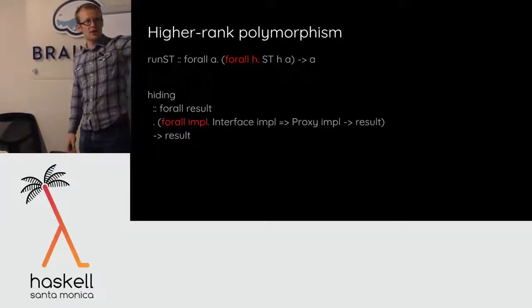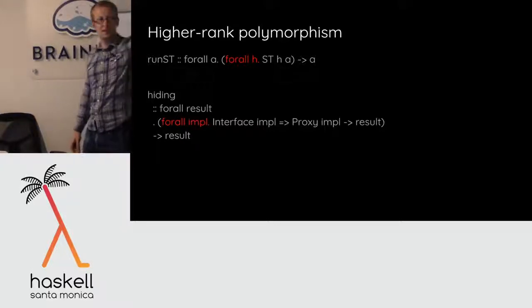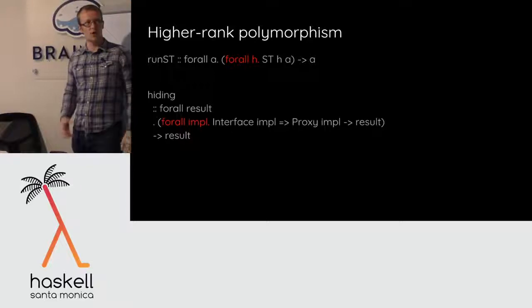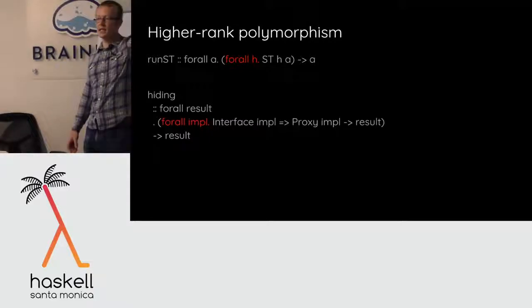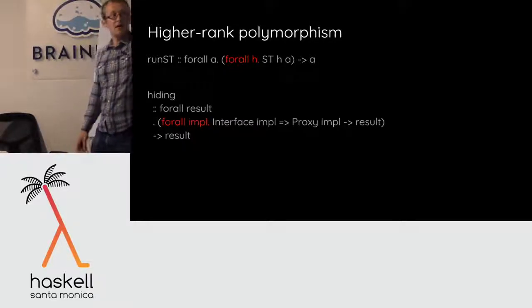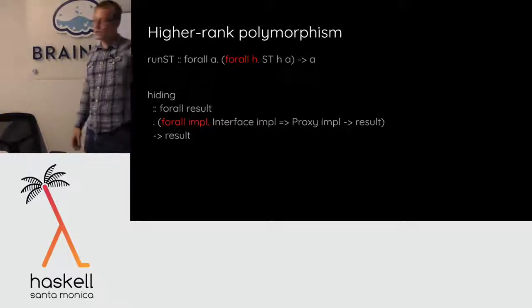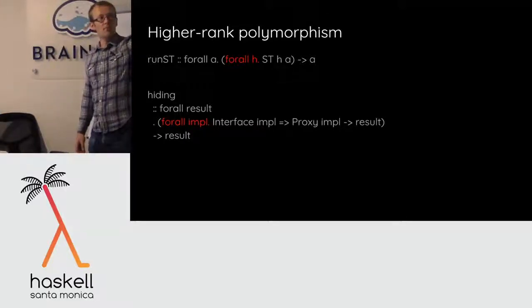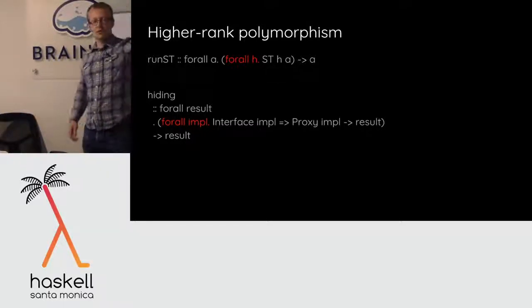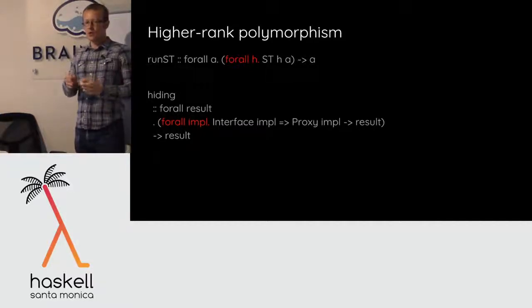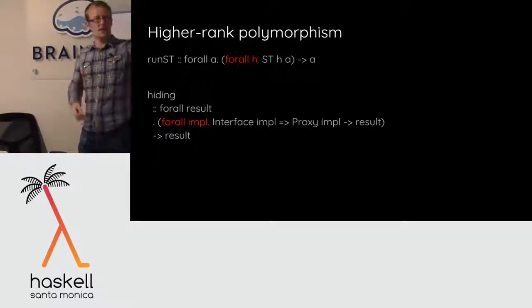So in the type of runST, we can think of ST H A as being a computation of a value of type A, where I'm allowed to do mutation inside a conceptual heap named by this type H. The type says I can remove the effects, I can let you get hold of an actual pure value of type A, as long as the computation is polymorphic in the actual heap. You can do your mutation, do the work, but you don't know which part of the heap you actually mutated. If you're unaware where the mutation was happening, then I can safely remove the effect, because this type variable can't leak out, right?